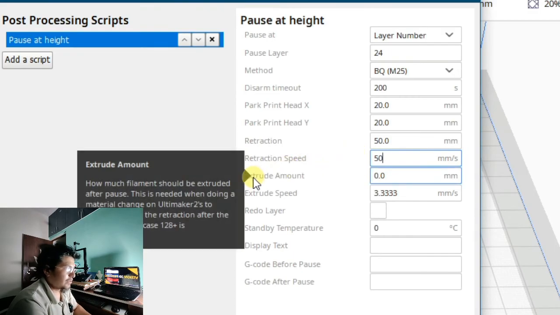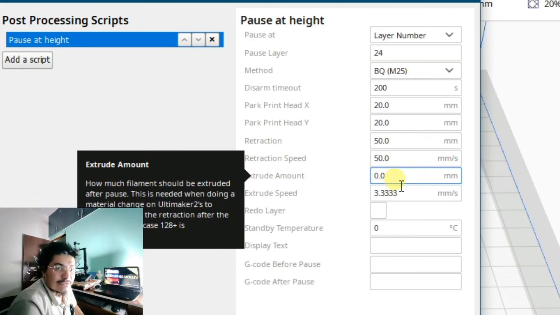And extruder amount: this is for when we have changed the filament, how much filament should be extruded from the nozzle, meaning if we want to remove the old color filament. So we will set it to 50, meaning 50 mm of filament will be extruded from the nozzle.